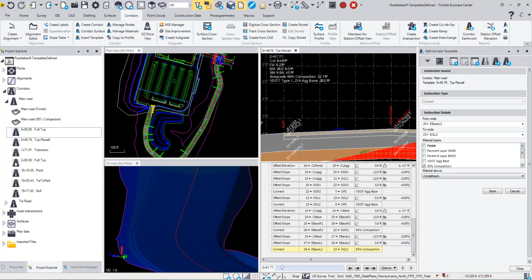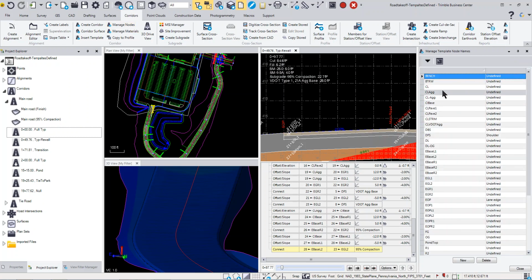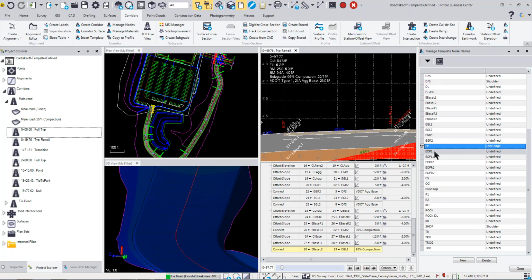But if you use the manage nodes command from the corridors tab, you'll see here that it lists all the nodes in your template. So if I wanted to come in here where it says EOP, I could come in and change this to just EP. A lot of different things you can do, but again, you can see here editing these nodes